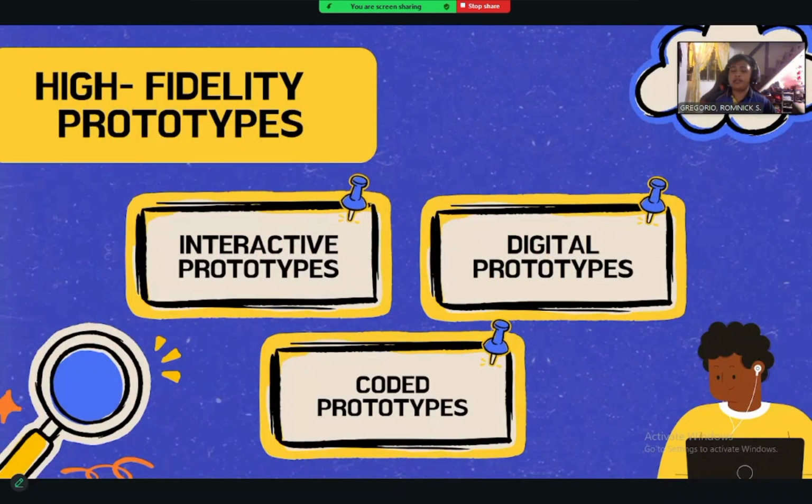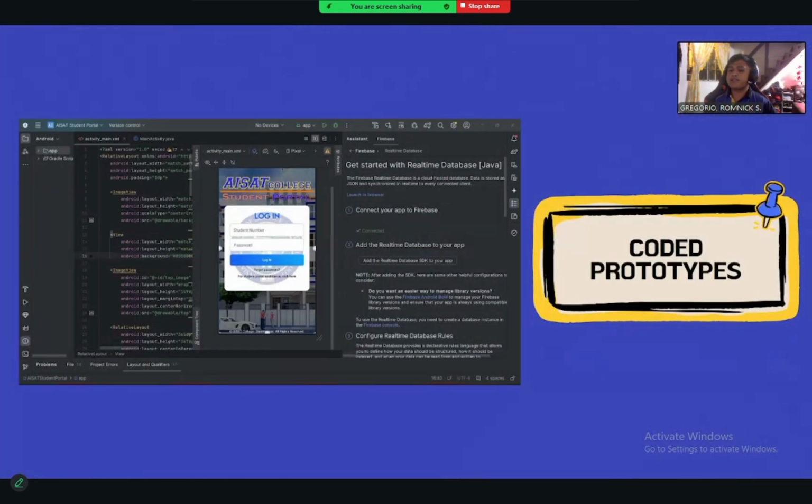For our last one in high fidelity prototypes, and I guess this is the last topic we are going to tackle in this module, this is the coded prototypes. These prototypes are more complex than the other two because they require the UX or user experience designers or prototypers to know how to code. They must know how to code. These prototypes are close to the final design of a product and are the best option for generating user feedback since